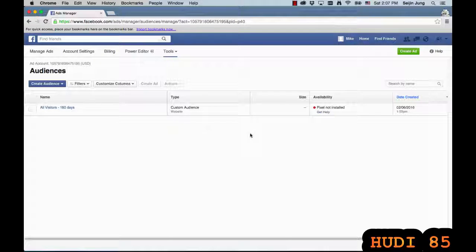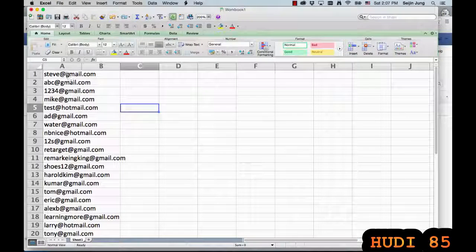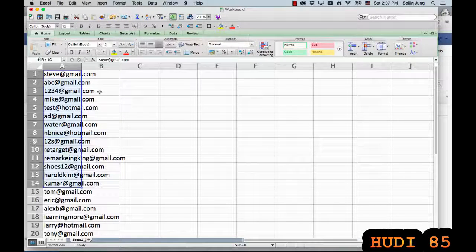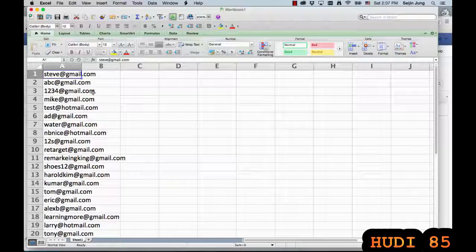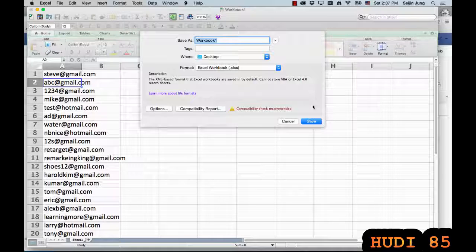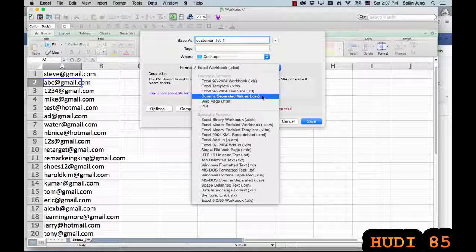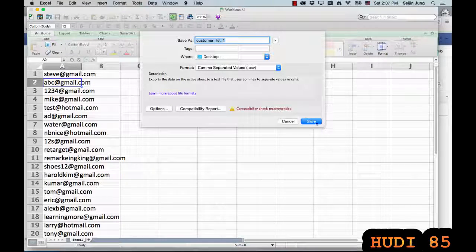So what we're going to do right now is go to Excel, and these are all the IDs of the customers on my website. Of course, this is fake for this exercise, but in real life, you can use your actual customer email list and paste them all on an Excel spreadsheet. And then what we're going to do is Command S, save this list. I'm going to name it customer list number 1, and then save it in comma separate values .csv format, and